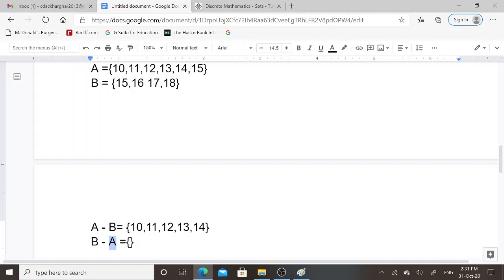If we consider the elements that are present in set B, 15, this element is common in set A and set B. But apart from 15, other elements that are present in set B are 16, 17 and 18. Thus, set difference of set B and A contains the elements that are 16, 17 and 18.